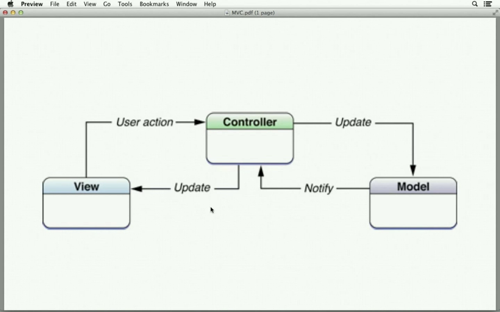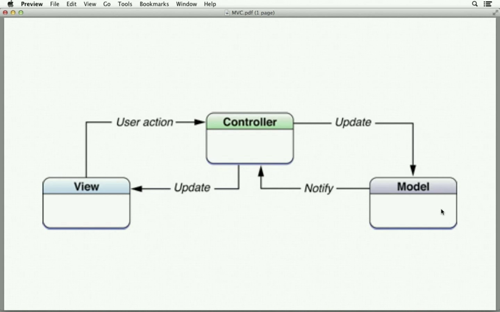The controller updating the view, that's easy. All you have to do is have the test check the state of the particular view, like the text label, that it was set correctly. So how do we get to this side? Well, updating, again, could be easy if the model were a real model. If your model is a simple aggregate of values, then there's no need to mock it. Just use it and check its state.